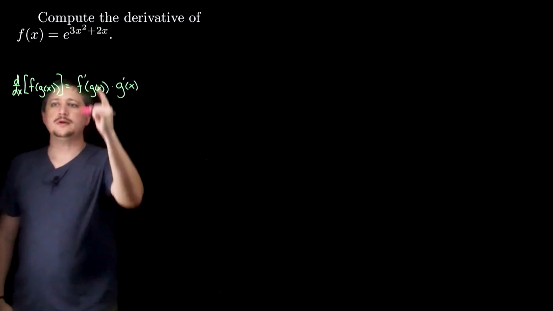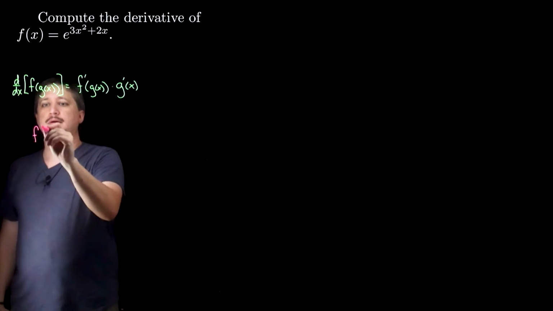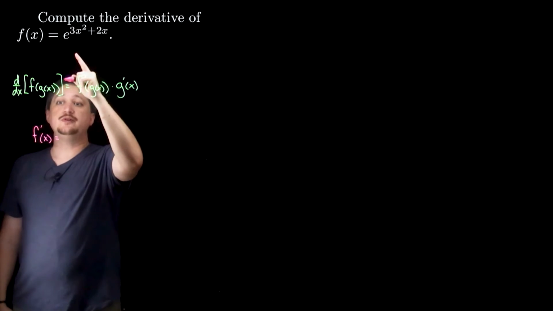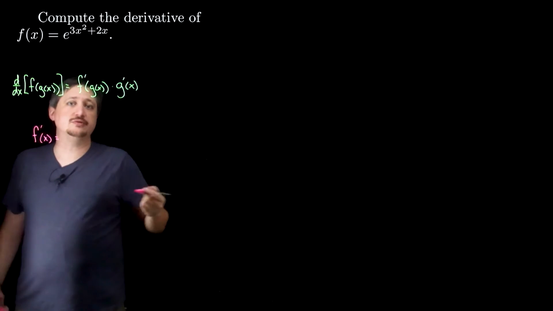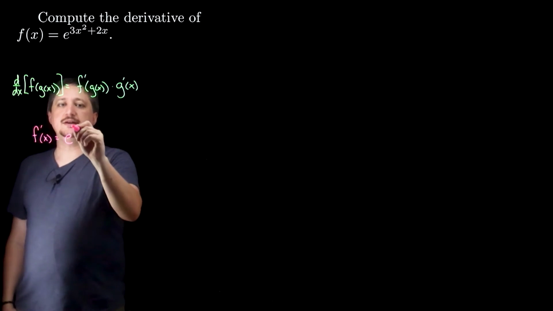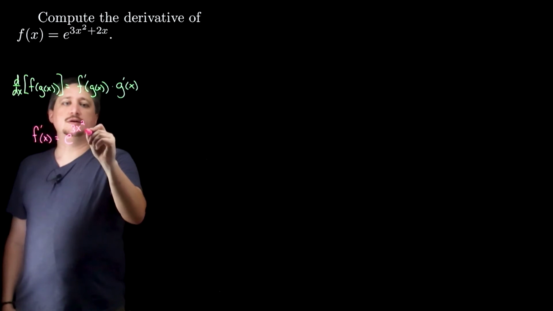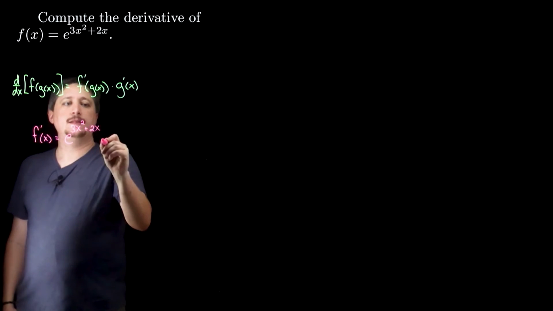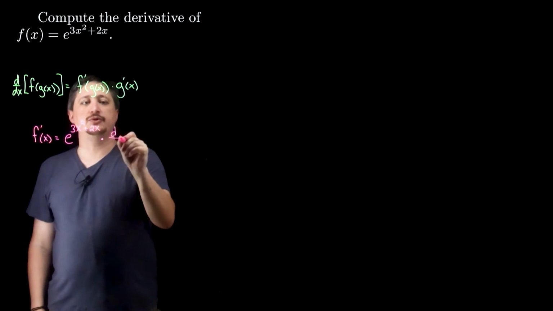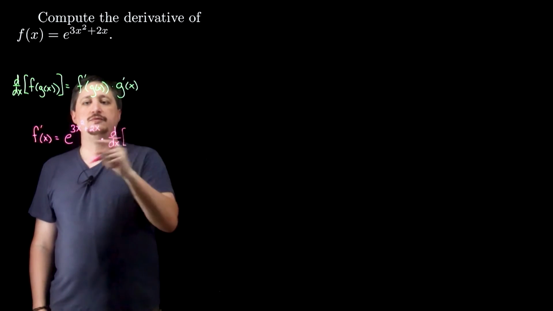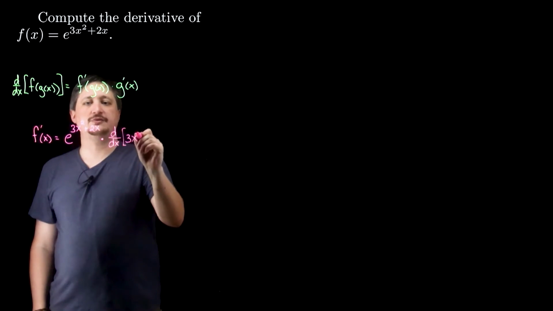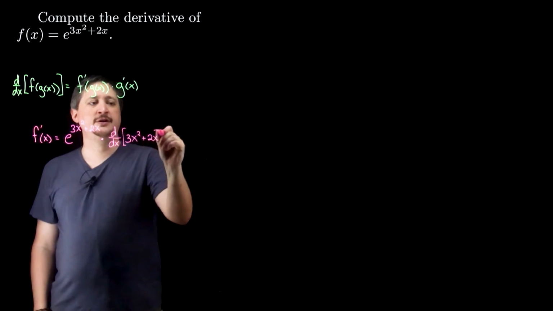So here I'm going to get f prime of x. I'm going to have the derivative of the exponential, but the derivative of the exponential is itself, right? So this is just going to be the same thing, e to the 3x squared plus 2x, times, but now I need that g prime, so I'm going to have the derivative of that exponent, right, the inside function. So this is 3x squared plus 2x,